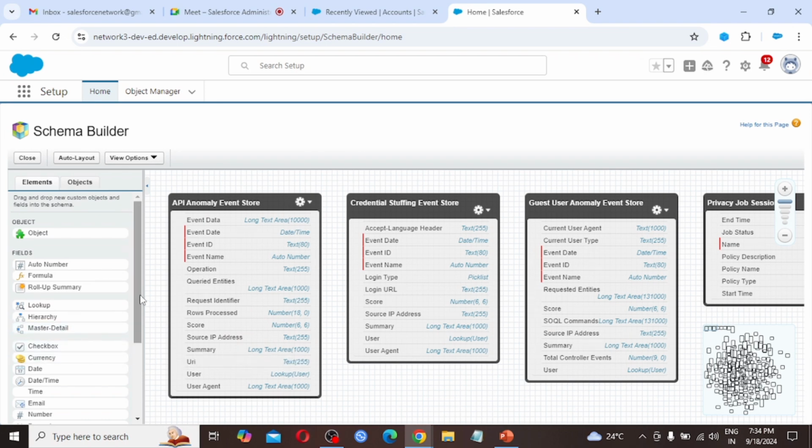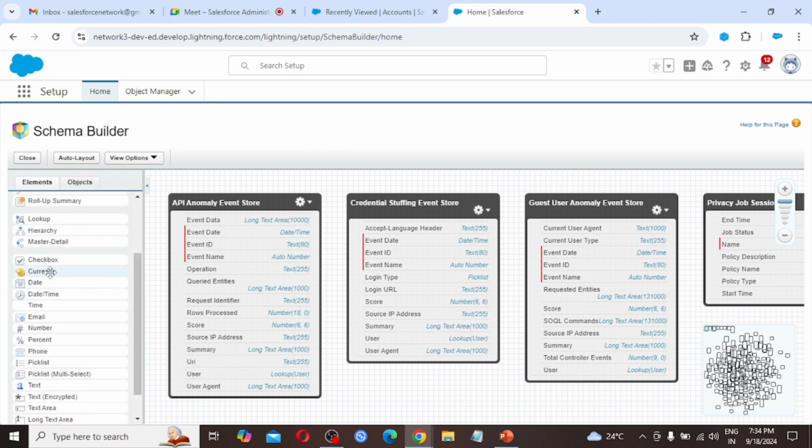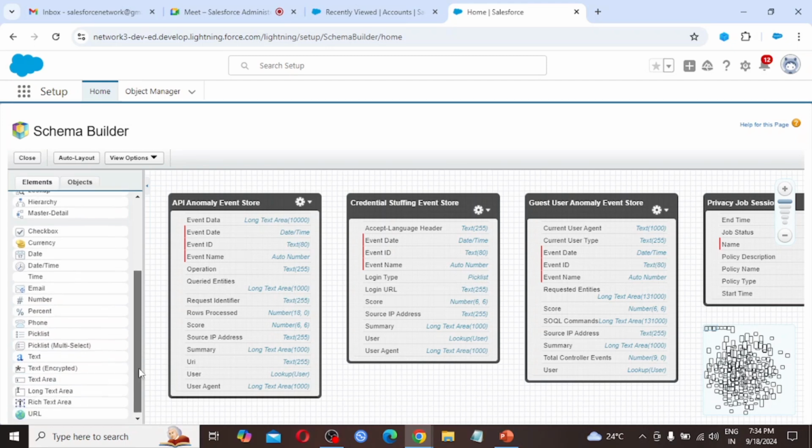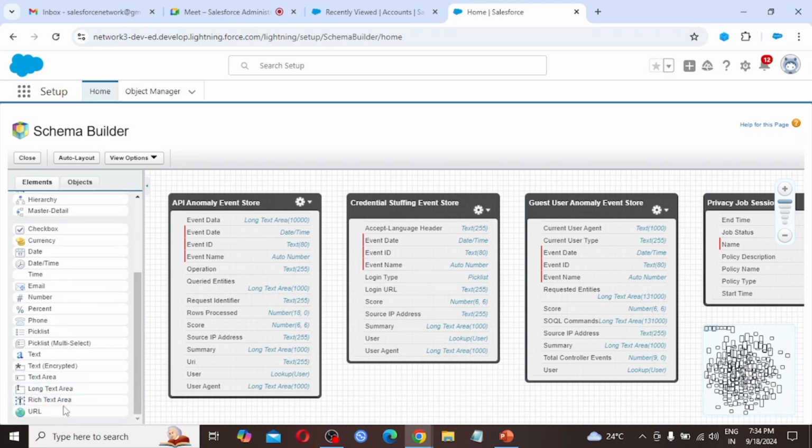Then some more data types like checkbox, currency, date time, time, email, number, percent, phone, picklist, multi-select, text, text encrypted, text area, long text area, rich text area and URL. What we saw in our data types while creating a field, the same is available over here.